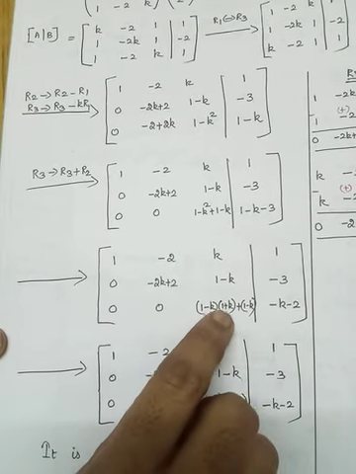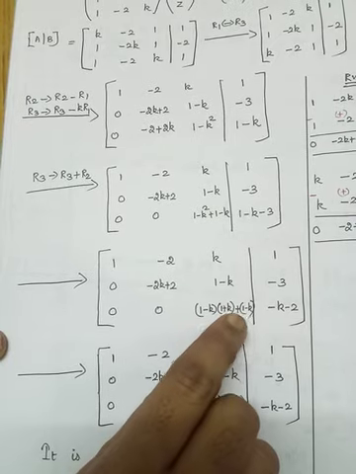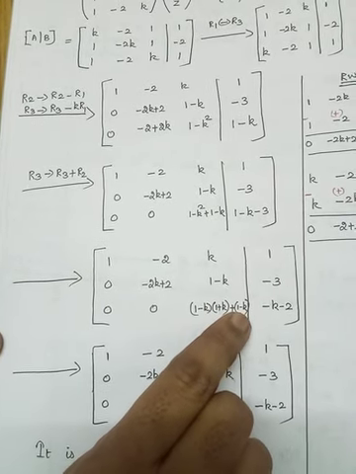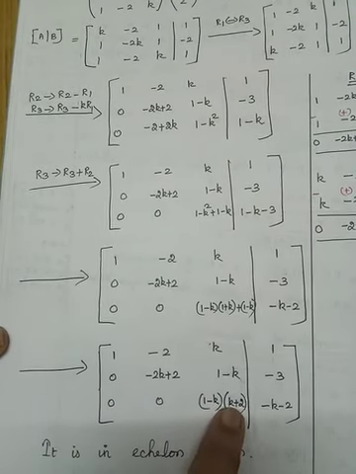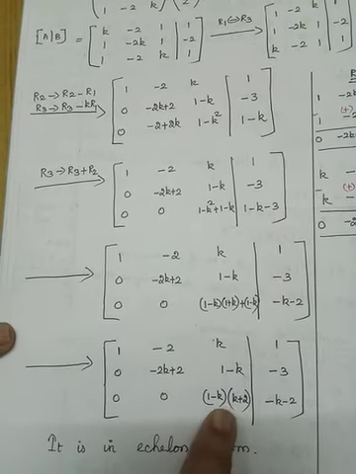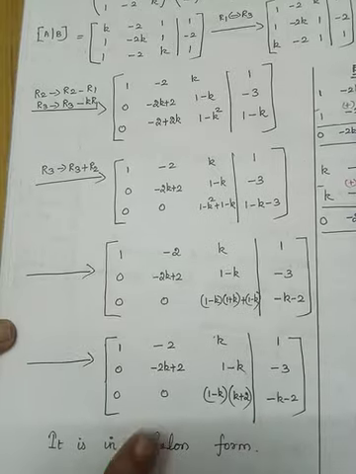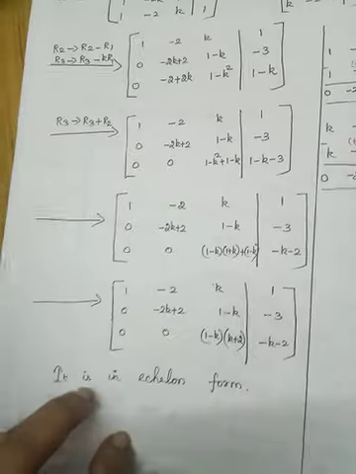But here what will you have? 1 plus K, plus, this is taken out, so here you will have 1. So 1 plus K plus 1. What is this? K plus 2. So, got it? Here it is in the echelon form. Now you see this place. So what is asked? You have to find the no solution.